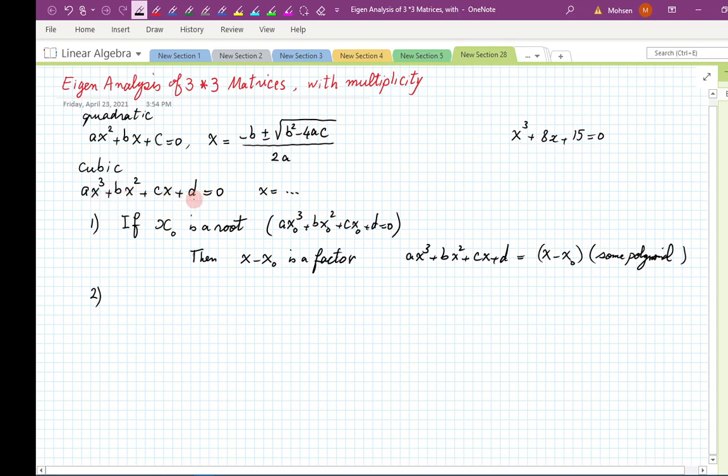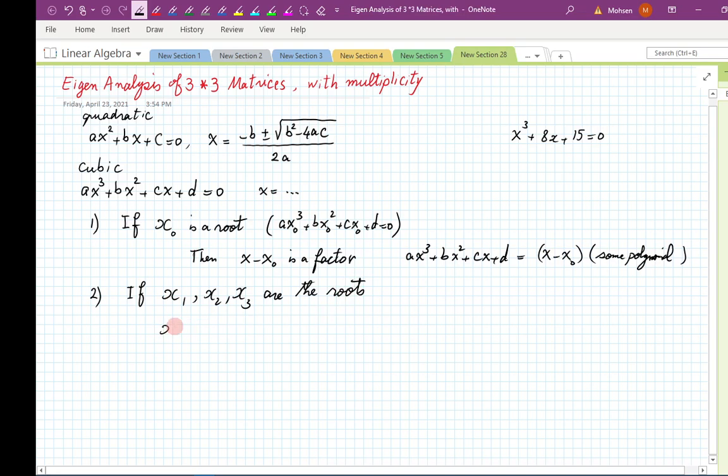A similar idea applies to cubic, except that you're looking at three numbers. So we say if x1, x2, x3 are the roots, all the roots,